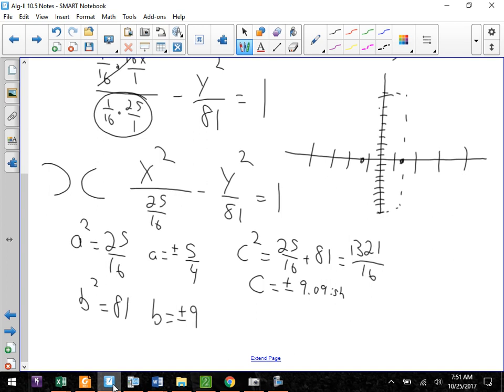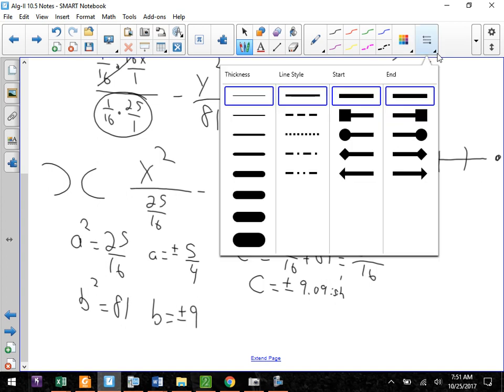Rectangle. Or we'll say our C value is way out here and out here. This is one of those that has a very wide